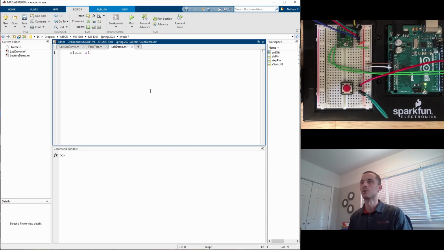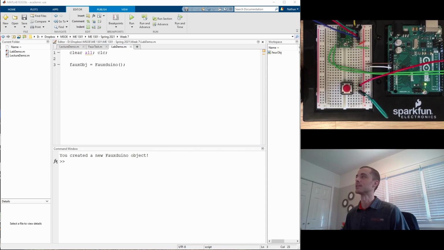And so if we just do a clear all up top, we don't have to worry about closing any ports or anything like that, resetting the instruments, nothing. We just want to clear out any figures that there are, probably clear out the command window as well, so CLC. And all we need to do to create the Fauxduino object is say, we'll call it the faux object, is call the Fauxduino command. And that's it. And that constructor creates the Fauxduino object, which is passed back to the faux object in this case. So if I were to run this now,